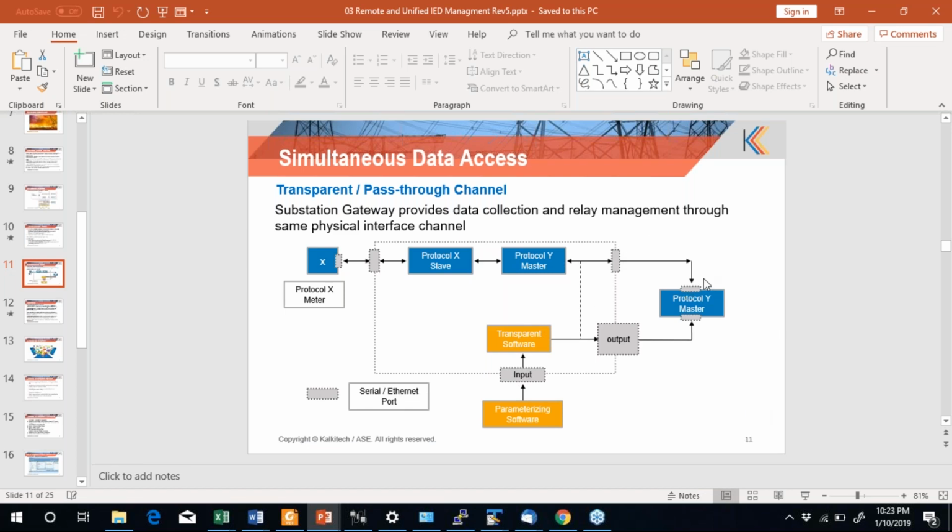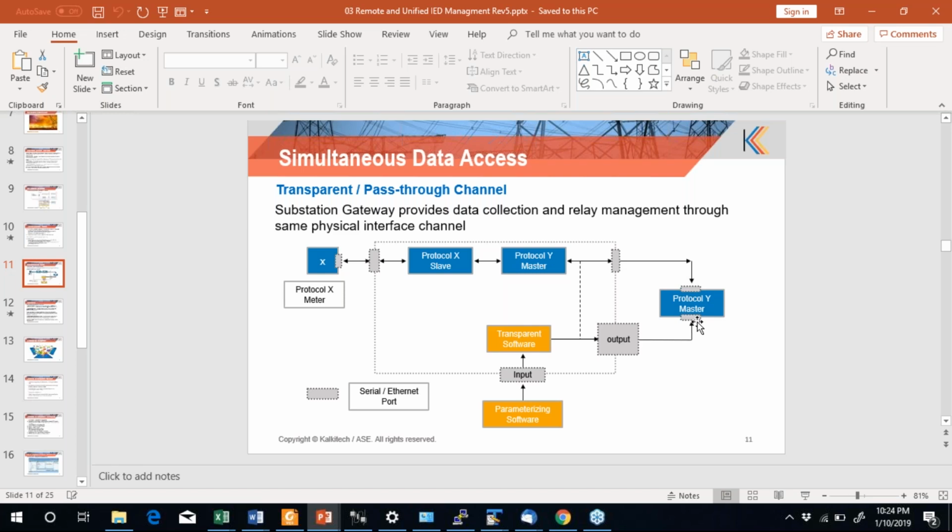If there are two separate ports, this case will not come up, because it can be done in parallel. That is, main channel data as well as disturbance records can be retrieved through one port, and the transparent channel messages and other things can be retrieved on the other port.